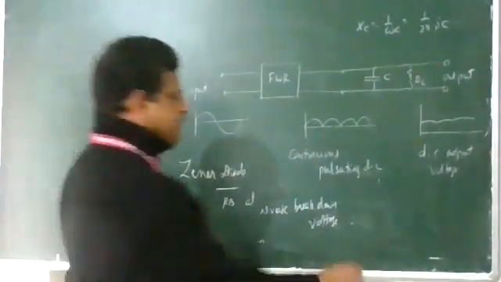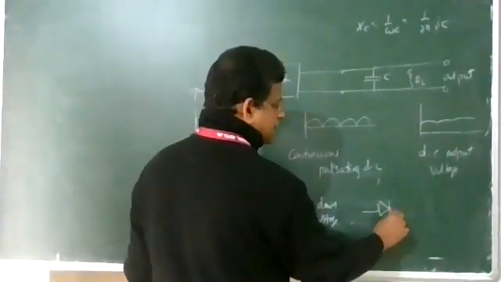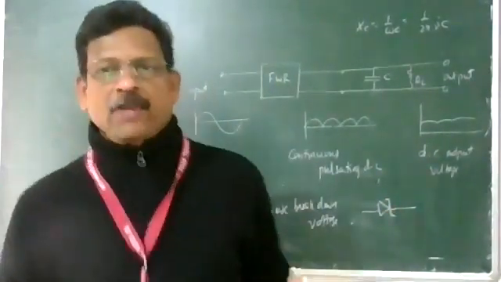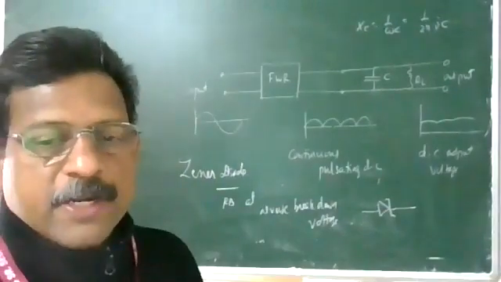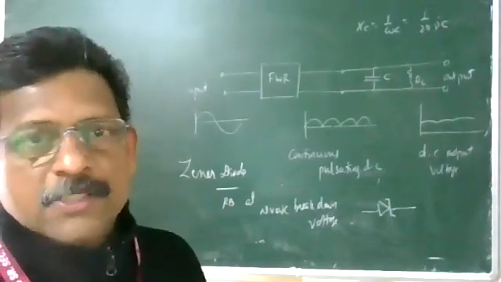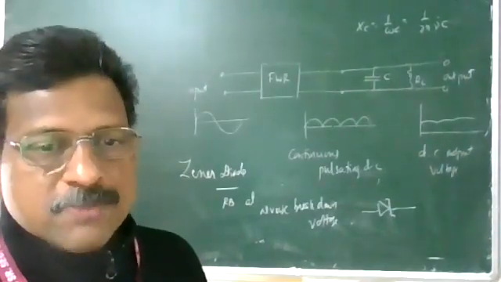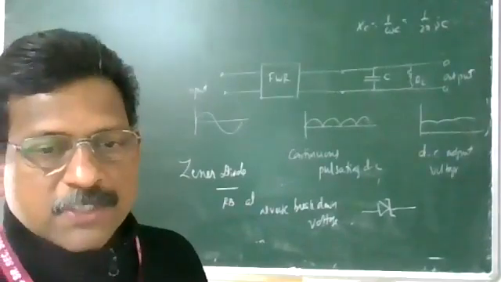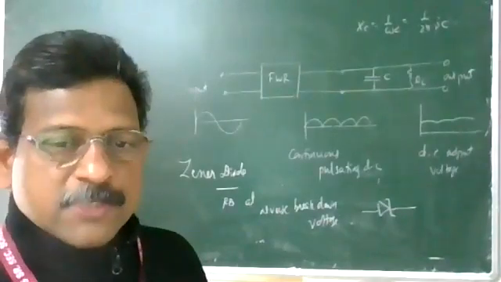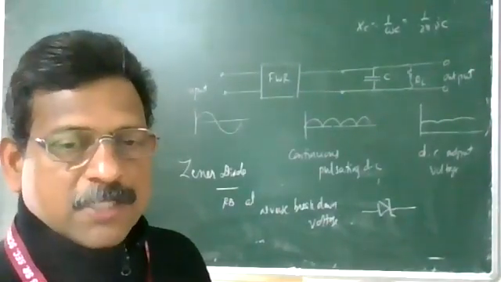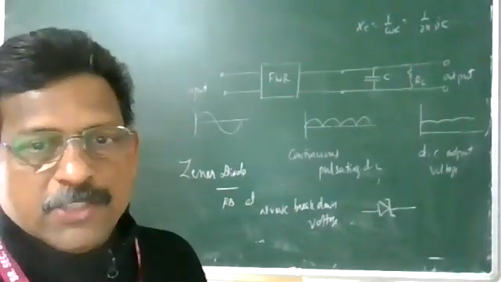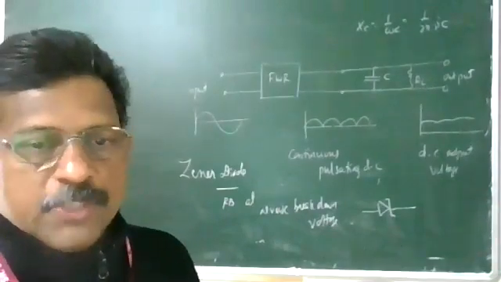And the representation of the Zener diode is like this. One diode represents like this, and we write the letters here. It is heavily doped. It can operate continuously in the reverse breakdown voltage without any problem, because reverse breakdown means a large current flows continuously. As a voltage stabilizer it is always connected in reverse bias, and it works particularly at reverse breakdown voltage because a large current flows through it, with insignificant change in the voltage after breakdown.